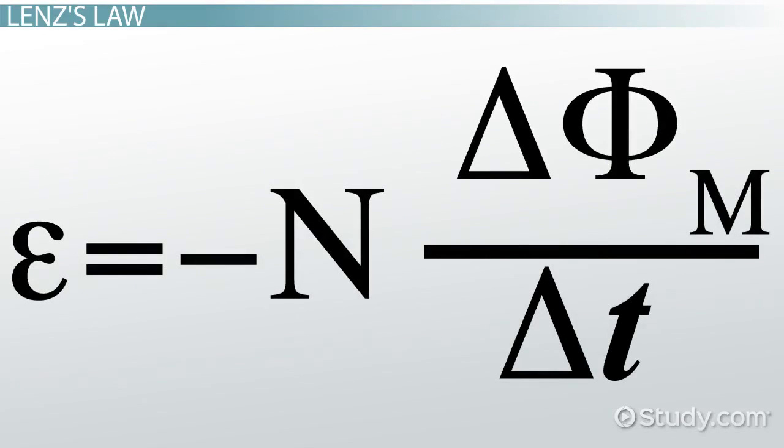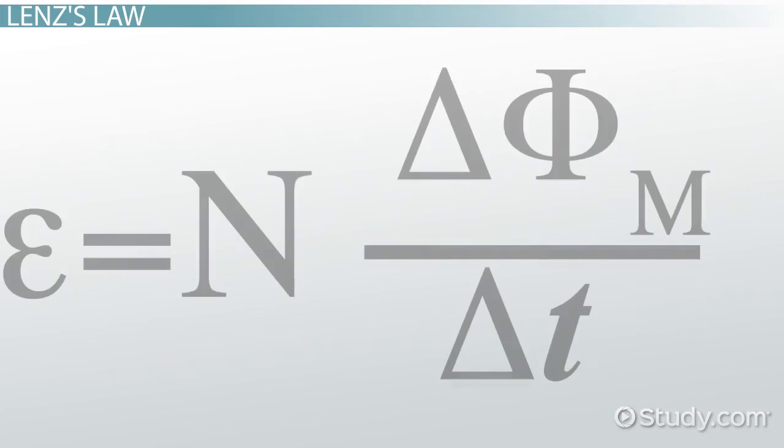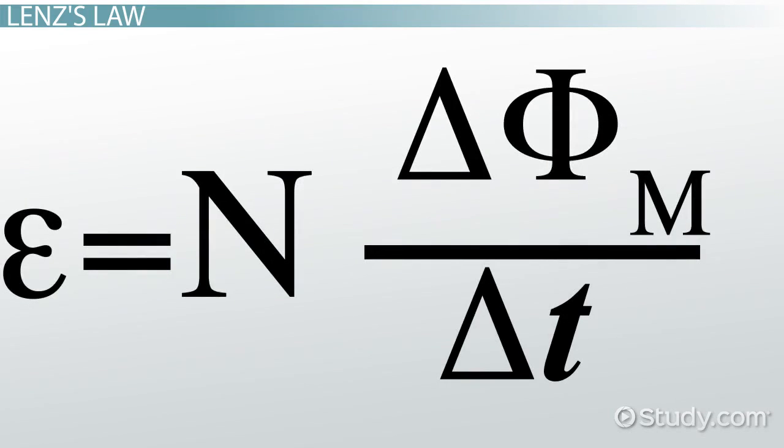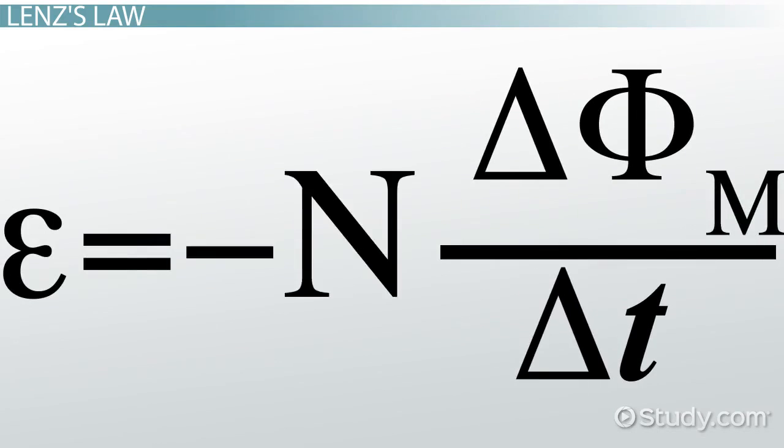Did you notice that there was a negative sign in Faraday's law? You may have wondered what that meant. Initially, in Faraday's original formulation, there was no negative sign. The negative sign tells you what direction EMF will be induced, and therefore